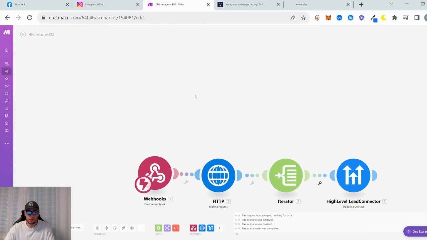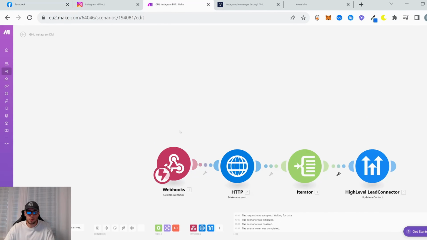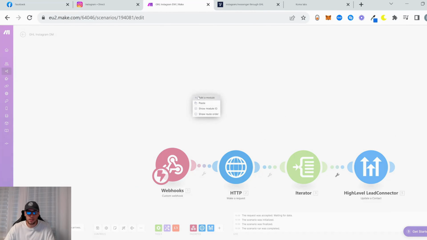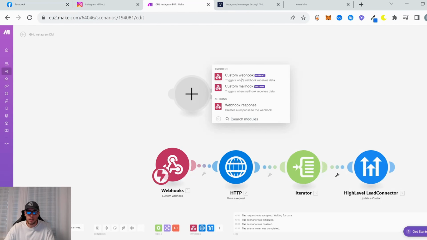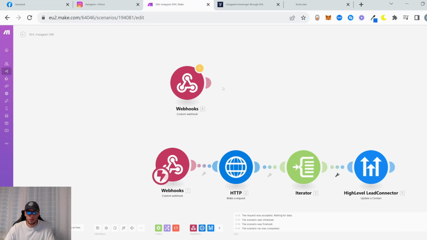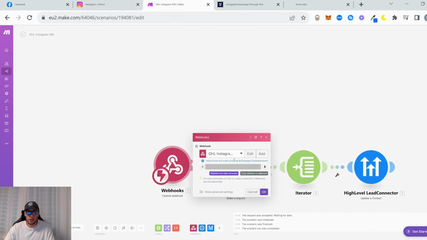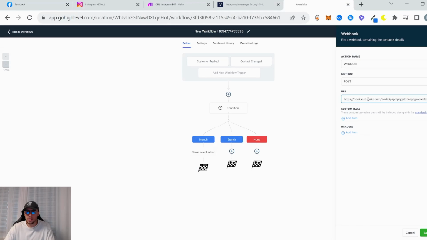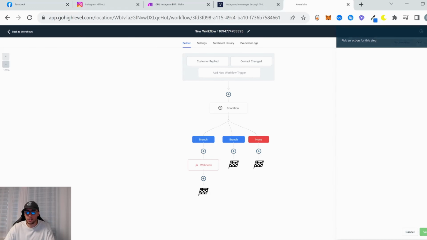I already have this set up, but you create a webhook, a custom webhook, and you have this webhook URL. You copy this URL, you paste it in, you hit save action. So basically, whenever we get a message from the user, we send some information to this webhook,